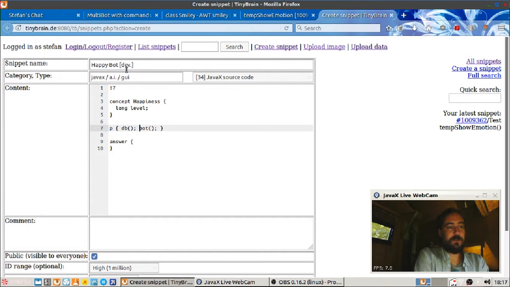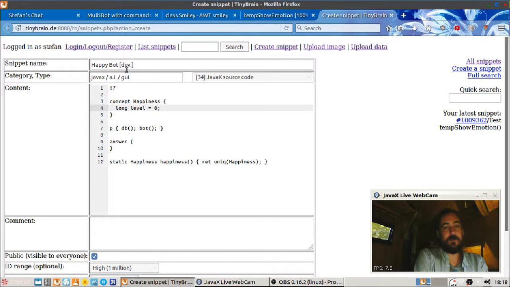And then we need to call this function because this makes this permanent. This persists this object to disk. Also, we want a single instance of this because this is like a Java class, and we will only have one of these. We use the unique function, which gives us exactly one object, which is initialized with level 0.